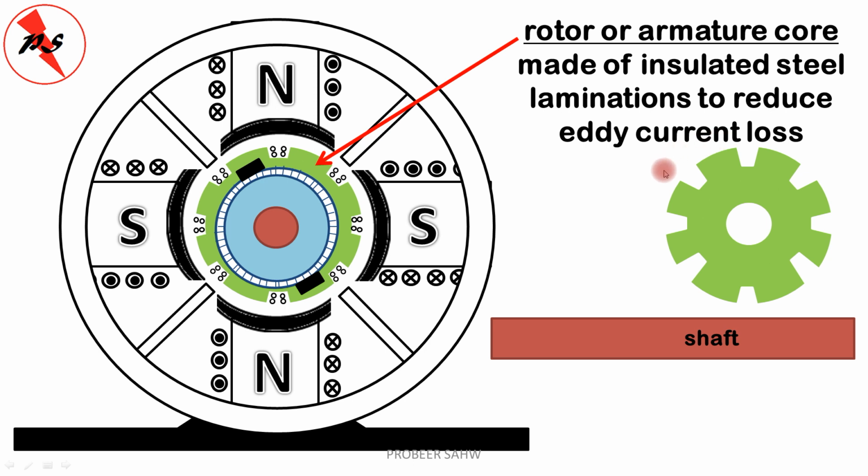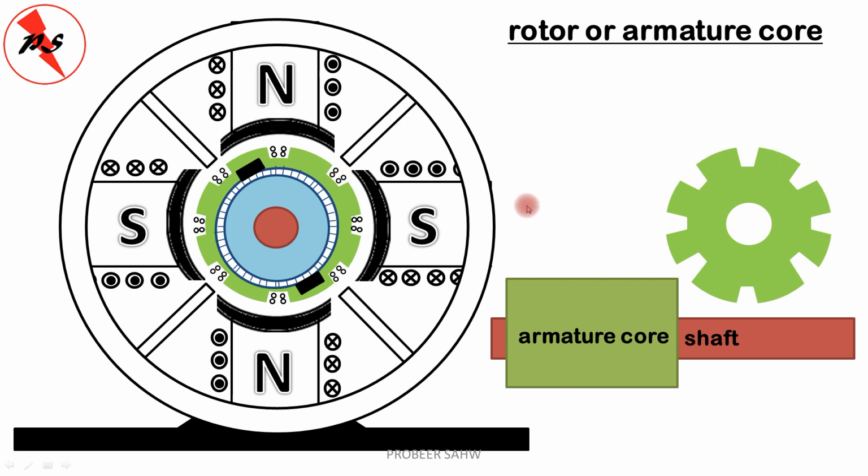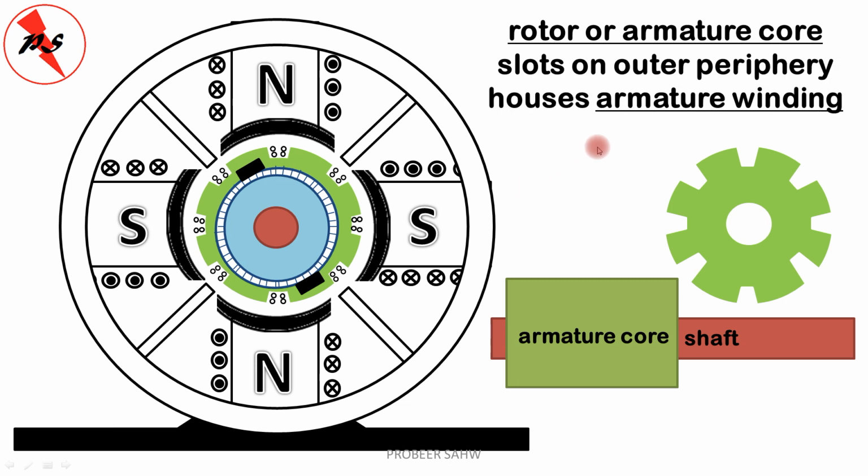So what we do, we take pieces like this and then rivet them together to make a long cylinder. Then this armature core will be cylindrical in nature. The armature core has large diameter but short axial length. Okay, the shaft has long axial length and small diameter, whereas the armature core has large diameter and small axial length. And on the outer periphery of the armature core we have armature windings. Okay, the outer slots have armature winding. These are the armature winding.